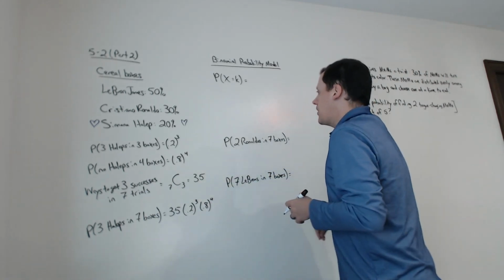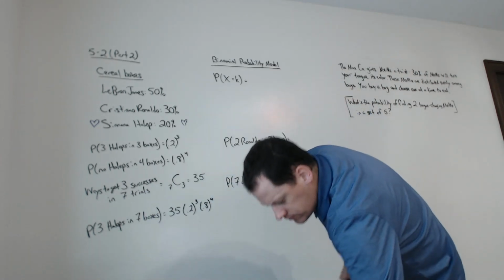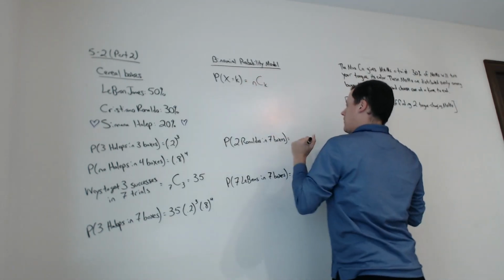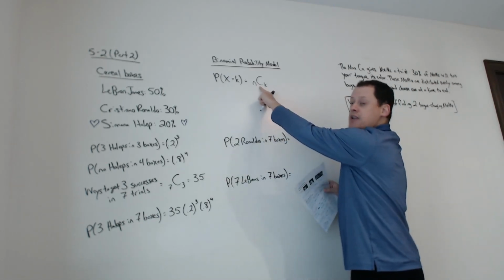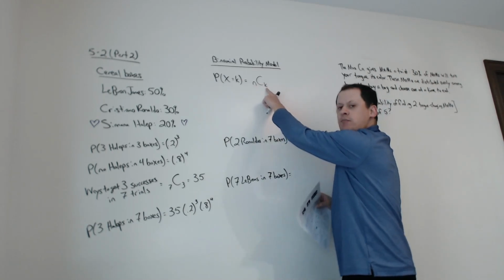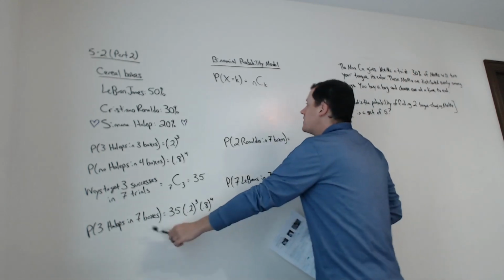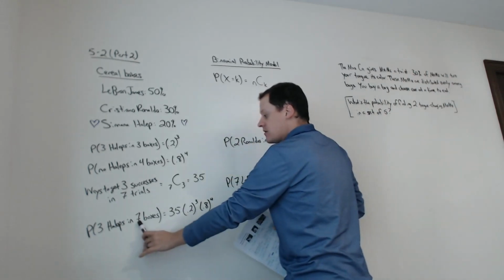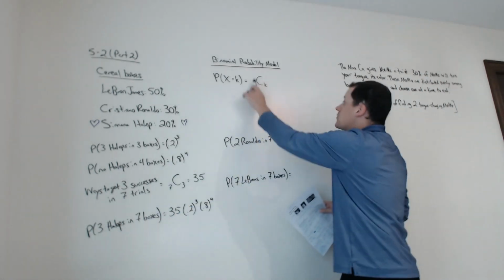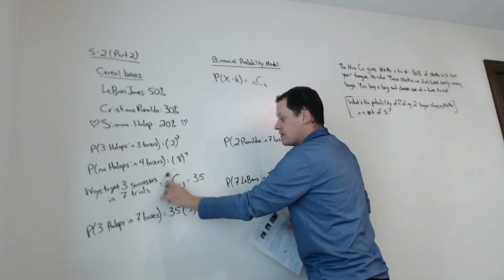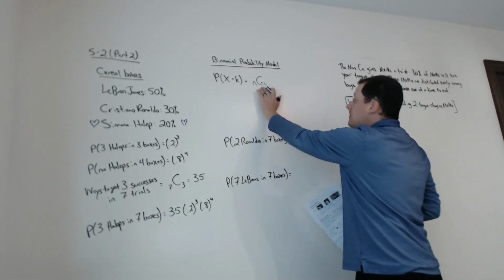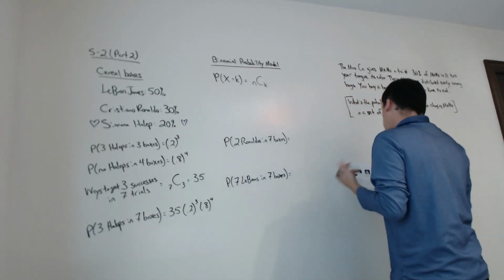Okay. So, for this model, this is going to be the number of combinations, with n being the number of trials and k being the number of successes. So in this problem here, n, the number of trials, was 7, and k, the number of successes, was 3. So this was 7 choose 3. Okay? So we're going to take that number of combinations and multiply it by